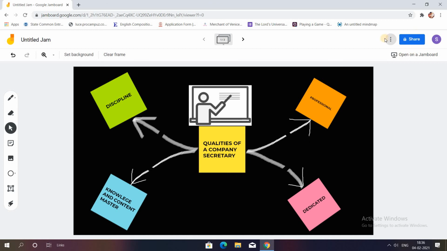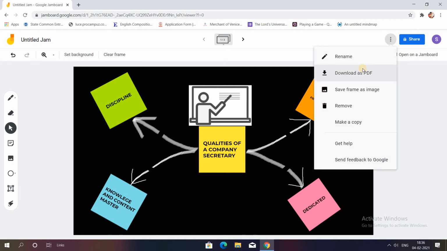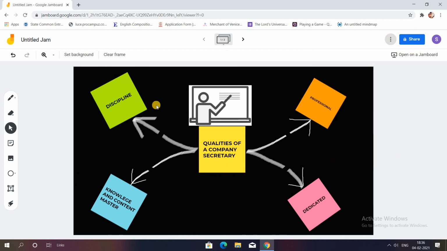Okay, so I've downloaded the image as a PDF. Once it's done, it also lets you collaborate. So if you want your students to join Jamboard and write down the pointers, you can share the link. You can share this with your students. You have the share option.